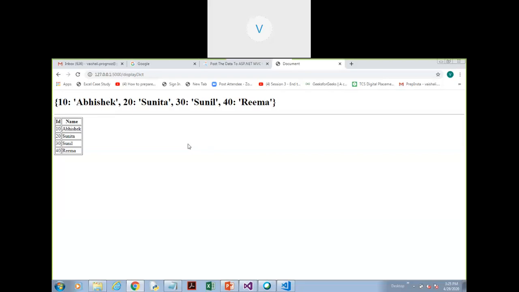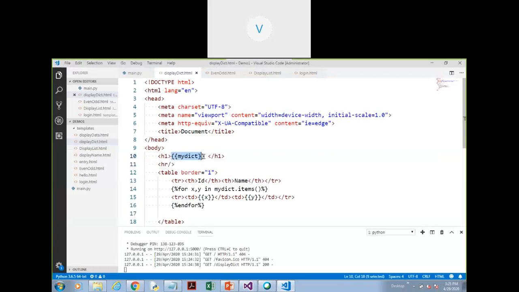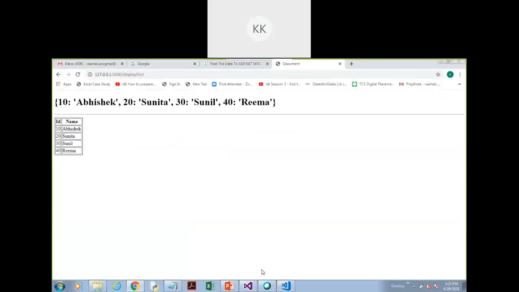Are you understanding what I am saying? Yes, ma'am. This is server side processing. When the request goes to the server, whatever code is on the server, wherever you have written curly brackets and the Python code, that will get executed on the server and the equivalent HTML output is generated and sent to the client. Okay, everyone understood this? Yes, ma'am. Okay, now